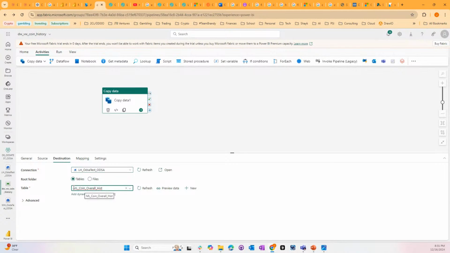I gave it ML to say it's going to be for machine learning, and then coin overall history. So I just gave it a descriptive name of what it is. So you can preview the data. You wouldn't have any there the first time because the first time it creates a table. If you run the pipeline,